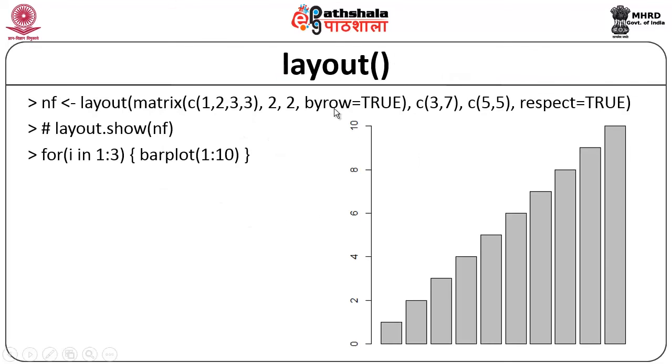So, here you make use of a layout method, and for this layout method you will have to tell how many columns or plots you are going to generate. The NF over here is a variable which is assigned to this layout method. This layout method will pass a value indicating how many bar plots are going to be there, and then when you execute this code, a bar plot like this will be generated.